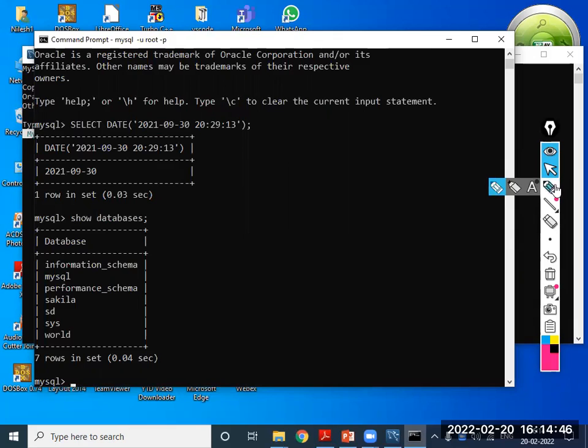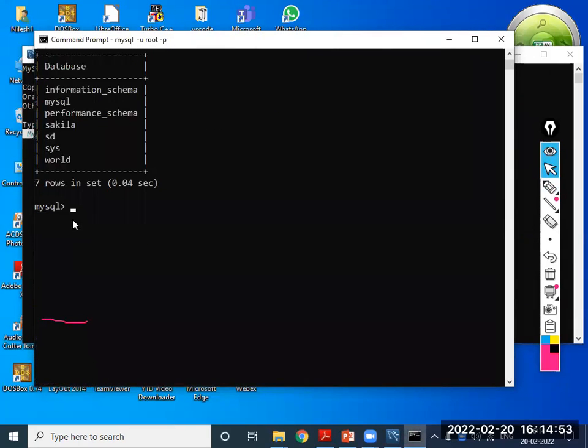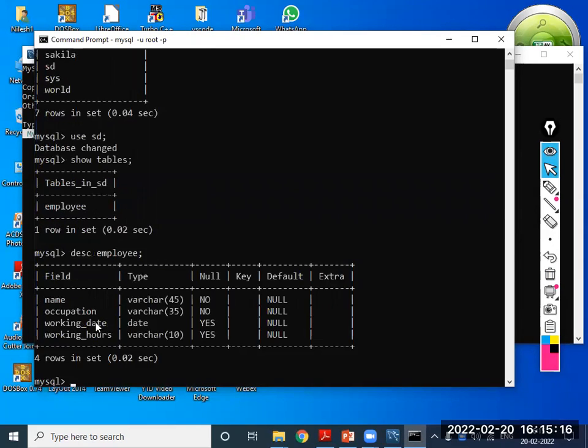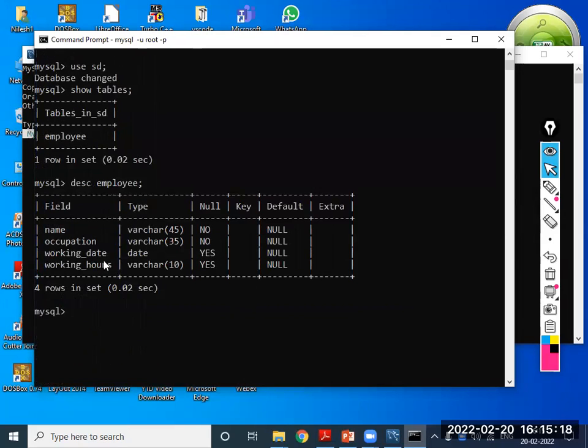I'm using that database: use SD. In that database, I want to know how many tables there are. Show tables. I have used the employee table. I'm describing it: describe employee. There are four columns, including a date.